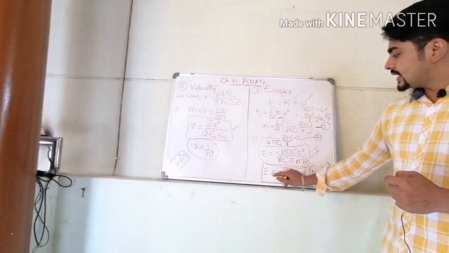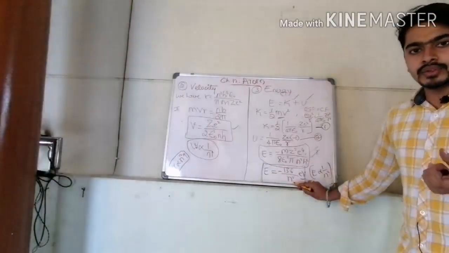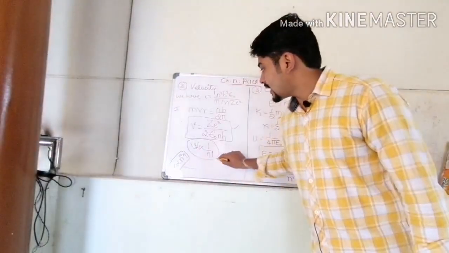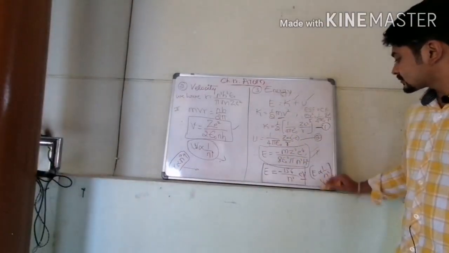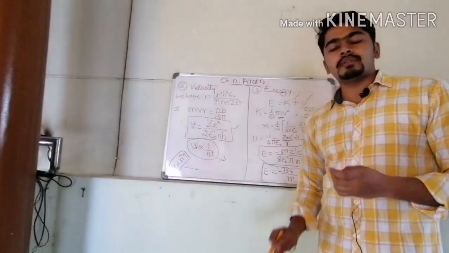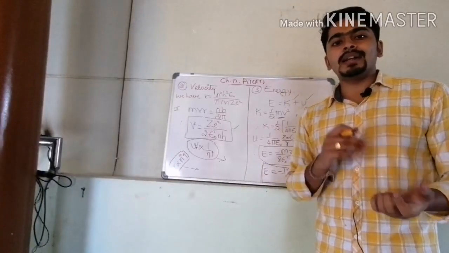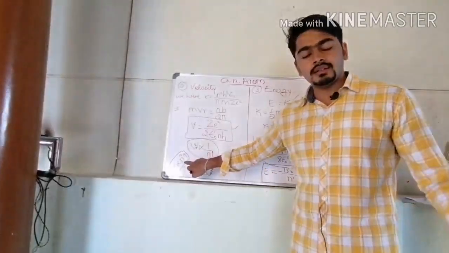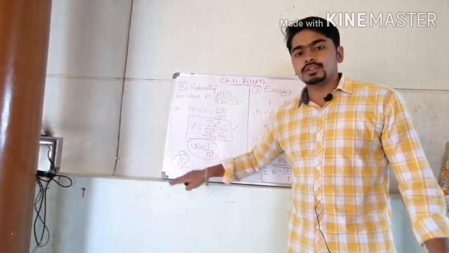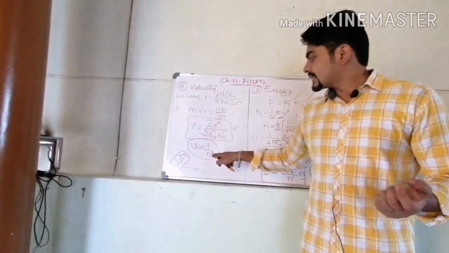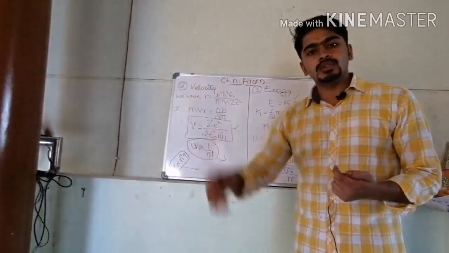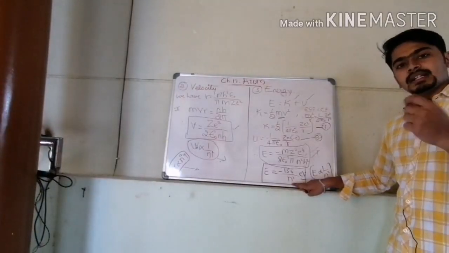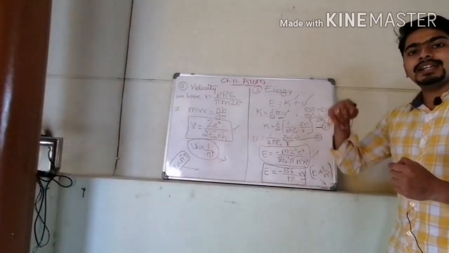So that is E is equal to minus 13.6 by n square, which means E is inversely proportional to n square. These data are very important here, as the variation with respect to the variation of orbits, what happens to radius, velocity and energy, that you must know. As the number of orbits increases, the radius also increases, and as the number of orbits increases, the velocity goes on reducing. As the number of orbits increases, the energy reduces.